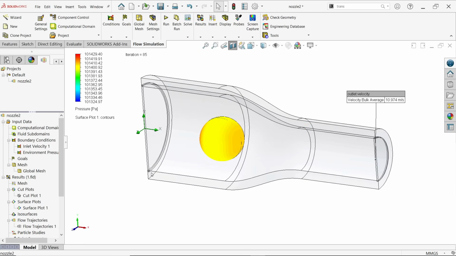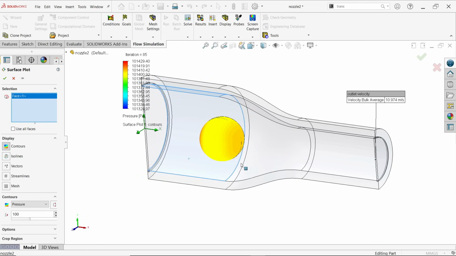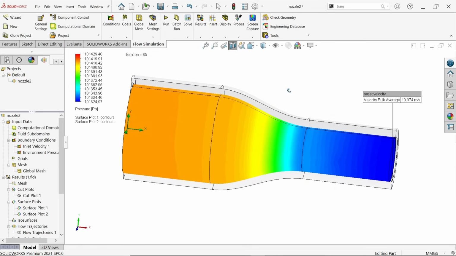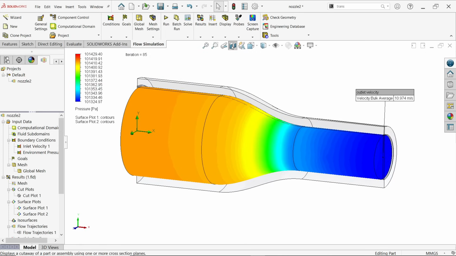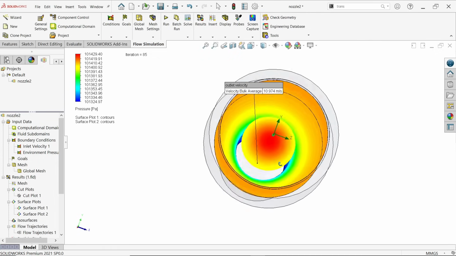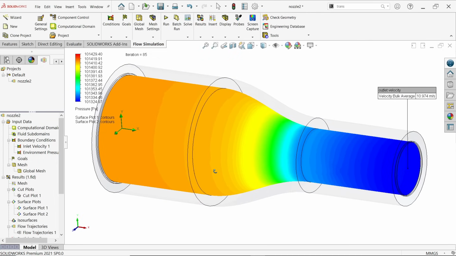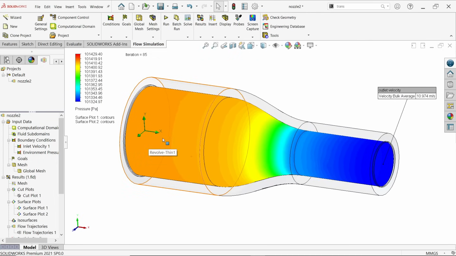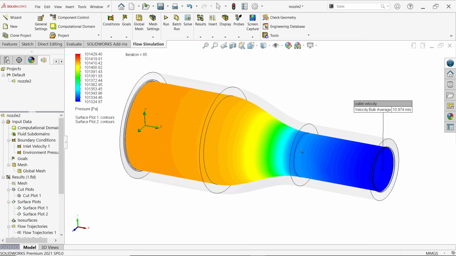Similarly, if you want to plot again, right click, insert. Now select these three from inside. See, contour, and let's say 100, pressure. Okay. Look, if you uncheck section view and look, this is the inside surface pressure and this one. See, at the start pressure is higher, at the end pressure is lower. Look,